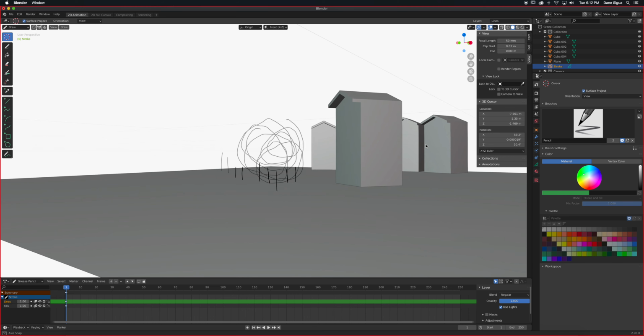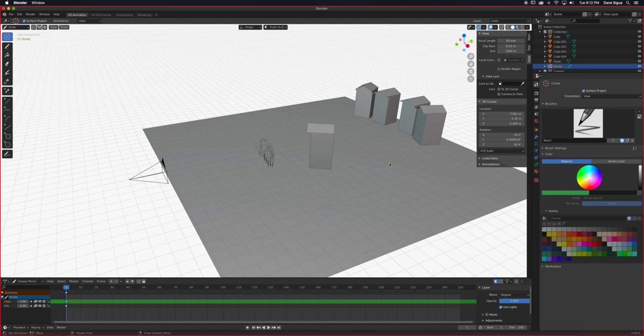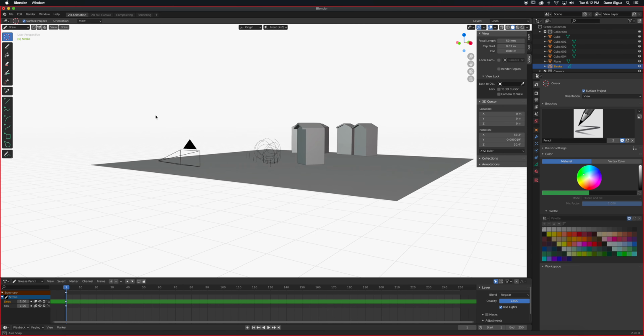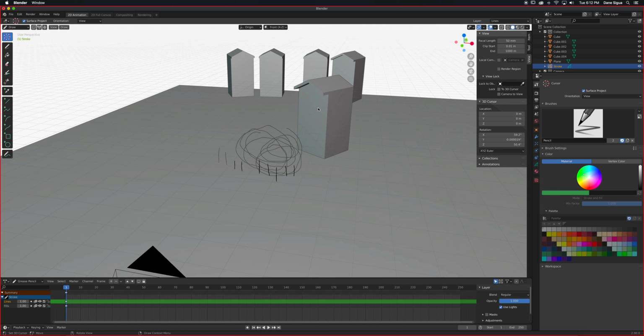Most likely. I'm just going to put 0, 0 here. Well, let's just go to the surface plane right here because I have that thing hidden.